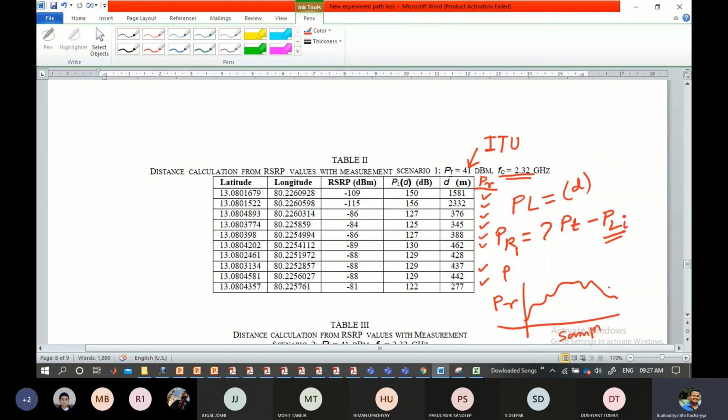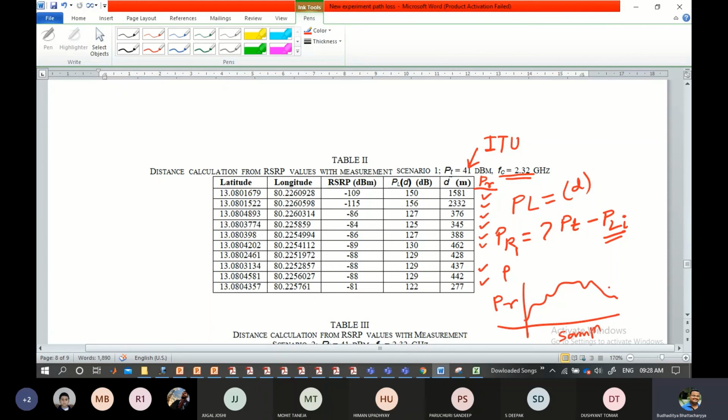So I'm trying to give you a look and feel of a typical hands-on experience of how the mobile path loss or the mobile network is monitored, or can be developed or generated. That is the sole purpose of doing this experiment with you. All right, so please go ahead and do it, and let me know if you have any other doubt as and when required. The time is already 9:28, so we are done explaining it. When we come back on the 17th, hopefully you will have had some time to find out the steps.